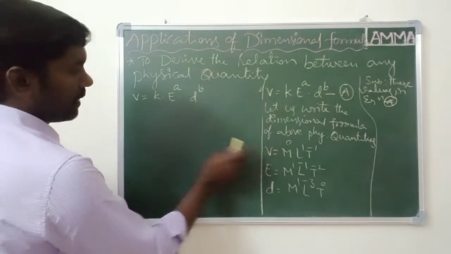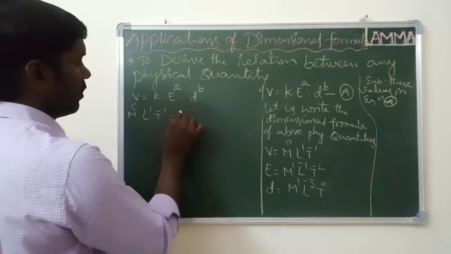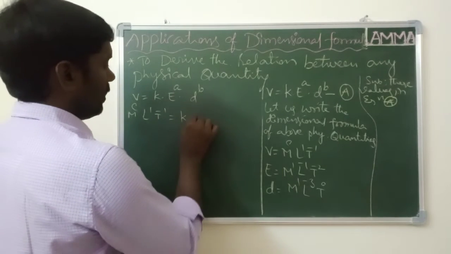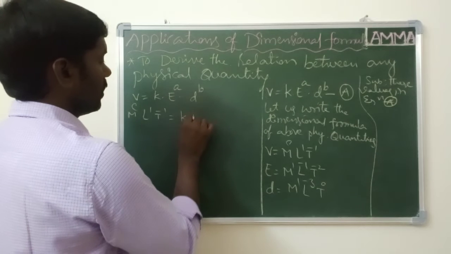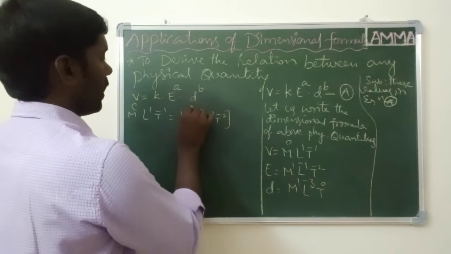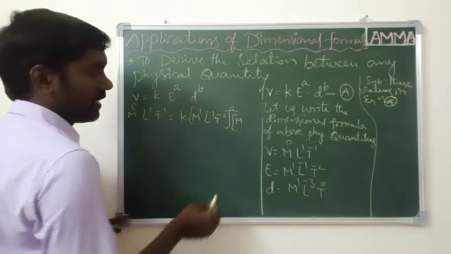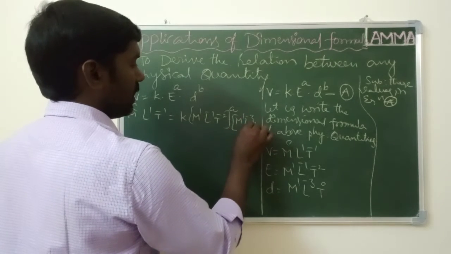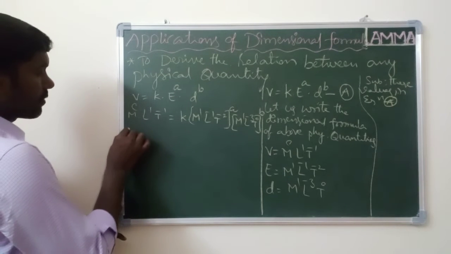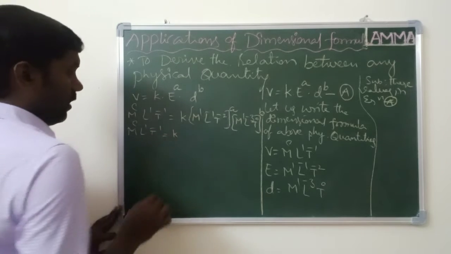The dimensional formula of speed, M0 L1 T minus 1, equals k, which is a dimensionless quantity, then E power a means M1 L minus 1 T minus 2 whole power a. And the dimensional formula of the density is M1 L minus 3 T0 whole power b. Then M0 L1 T minus 1 equals k into